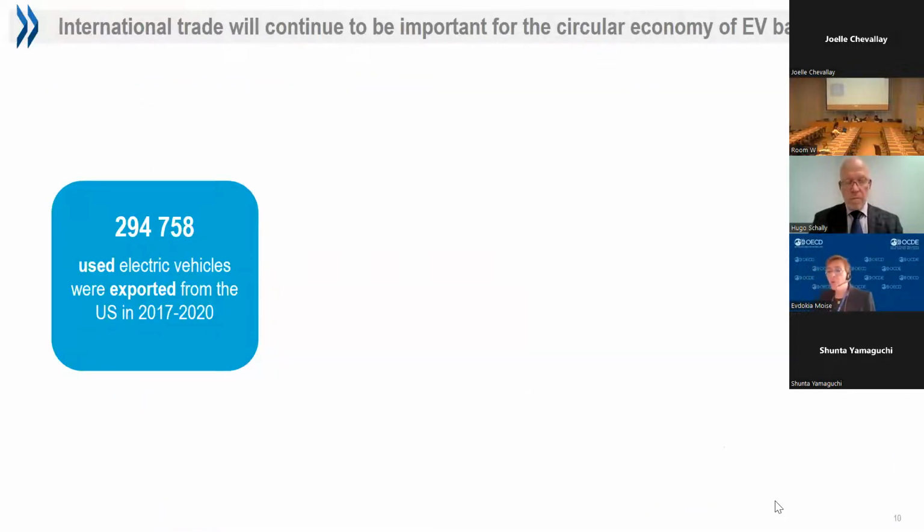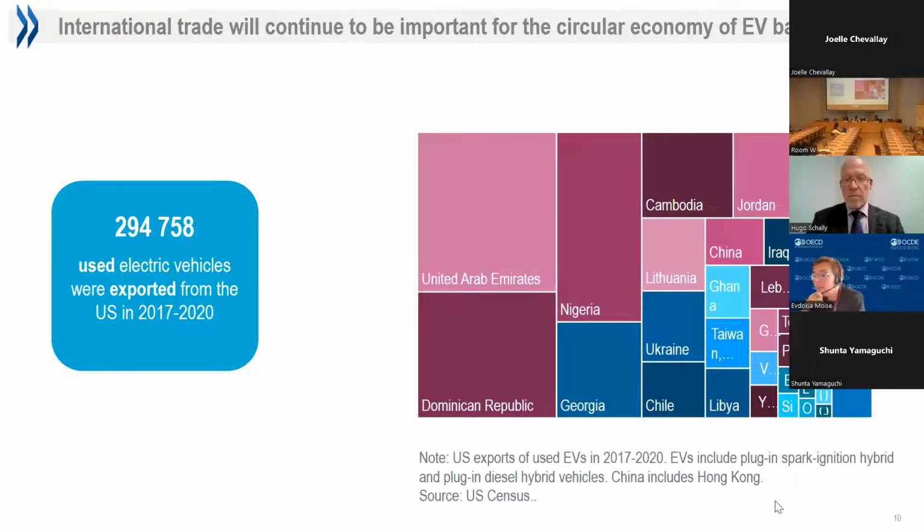Next slide, please. However, even with all that innovation activity and investment activity, international trade will continue to be important for the circular economy of electric vehicle batteries. In the period between 2017 and 2020, almost 300,000 used electric vehicles were exported from the United States, and the recipient countries span the world. Even as more battery recycling capacity is developed in the US and in the European Union, many electric vehicle batteries will reach the end of life in third countries and may need to be exported again in order to be